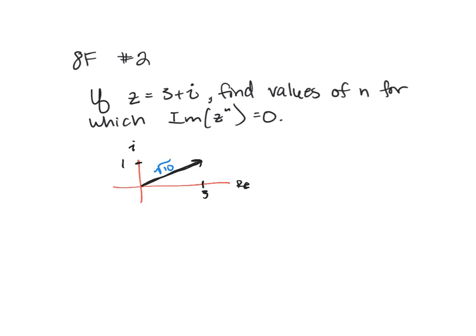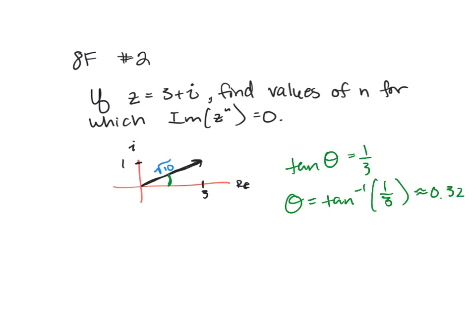And then the angle is really nasty. The angle right here, even though I understand 1 and 3 don't seem like bad numbers, to get this we'd need the tangent of theta equal to 1 over 3. So then theta is going to be the arctangent of 1/3, which is a pretty disgusting number. It's about 322, okay? But it doesn't translate. You can fiddle with this as much as you want. You can divide it by pi and you don't get a nice thing. And so you're stuck with your